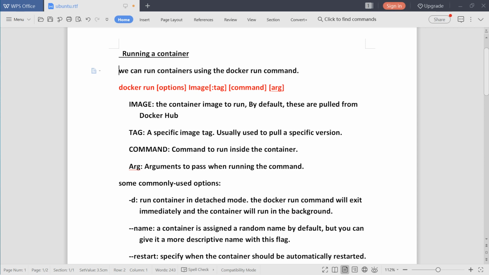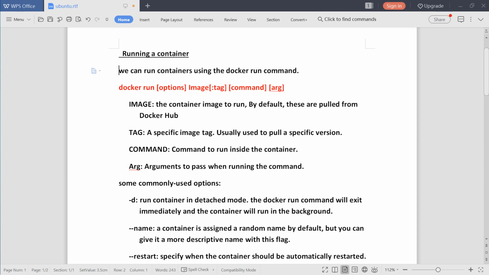By default, these images come from Docker Hub to our system, our Docker server, through the internet. It will pull from Docker Hub because Docker Hub is a public repository. If you don't have an account also, you can pull from Docker Hub.